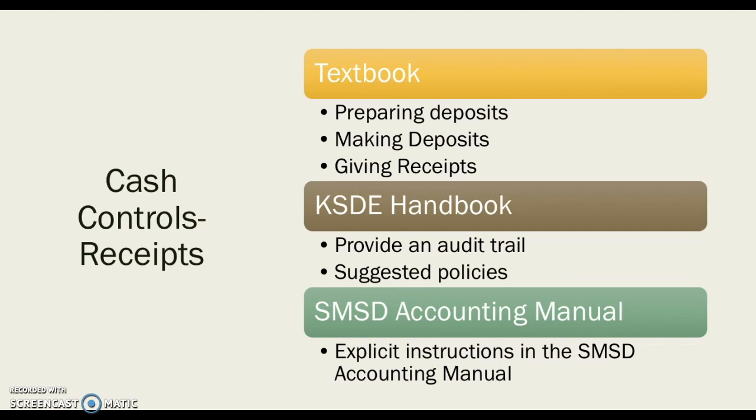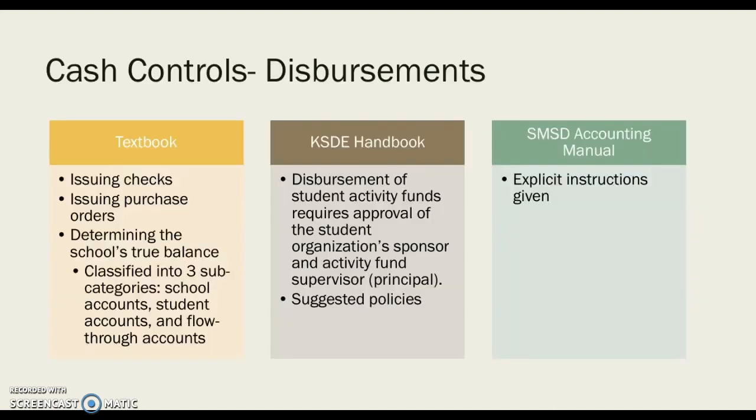Let's look at disbursements now. Cash controls for disbursements. Disbursements is the money going out of the school, and they're properly made through checks, which are actual payments, and purchase orders, which is a promissory payment, where funds are set aside until that money is due. So the textbook looks at issuing checks. It looks at issuing purchase orders and determines the school's true balance, which they